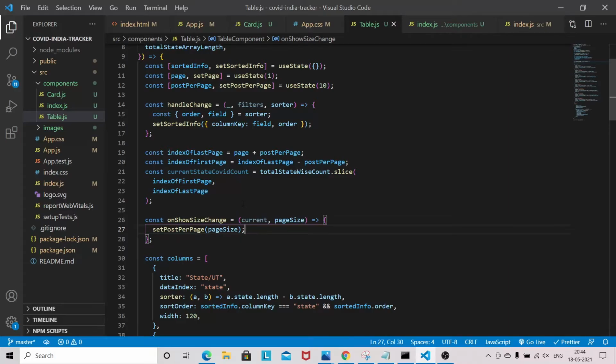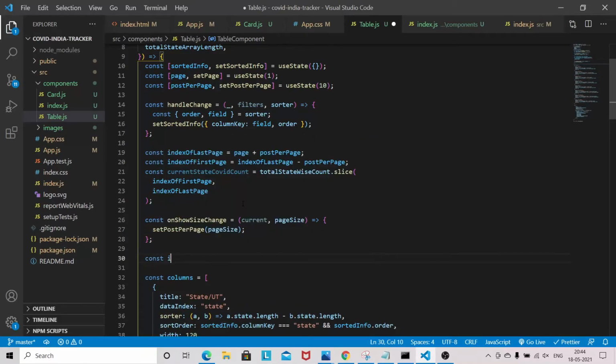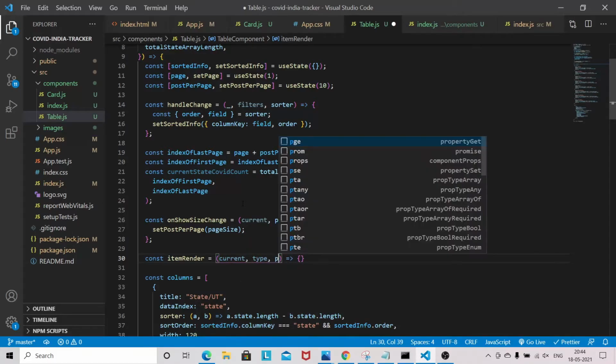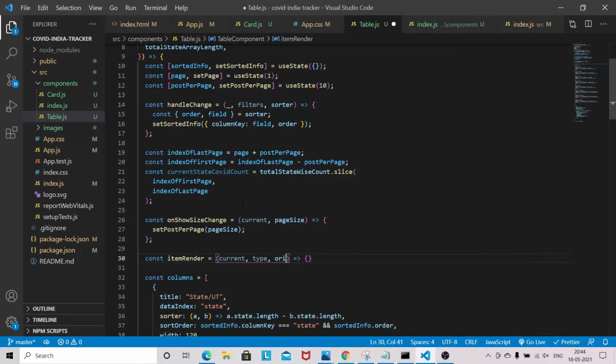And itemRender basically shows the previous and next buttons in the pagination. So this will also receive current, type, original element.